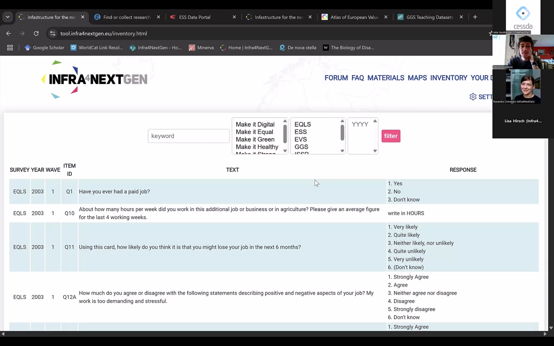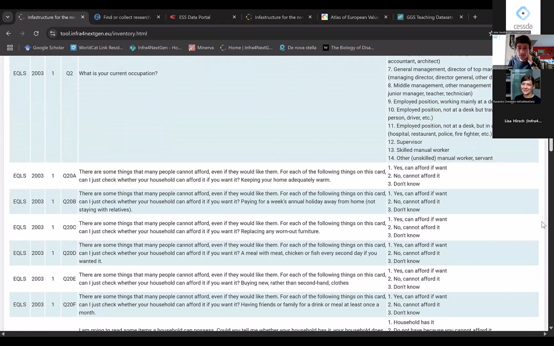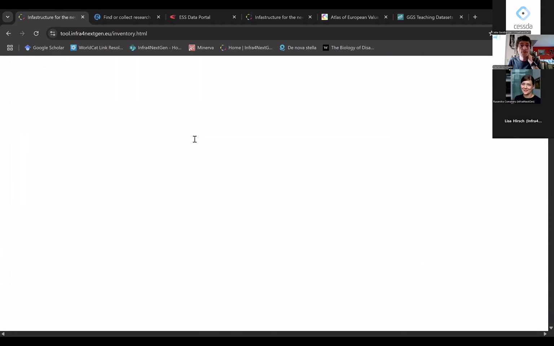But basically, this is just a portal in which we put our Excel file online and made it searchable. So just rows and columns as in usual datasets, and you can see you have the survey name, year, wave, the ID, so the name of the question in the survey, the text of the question, the response categories, and I will tell you later other things to be added, so you will see more columns in the near future. And what you can do is use it as a search engine, let's say, because now you see all the 11,000 items, but you have several ways of